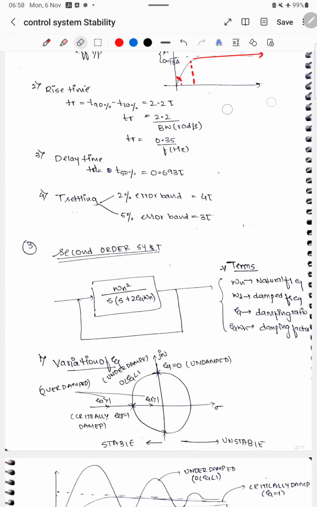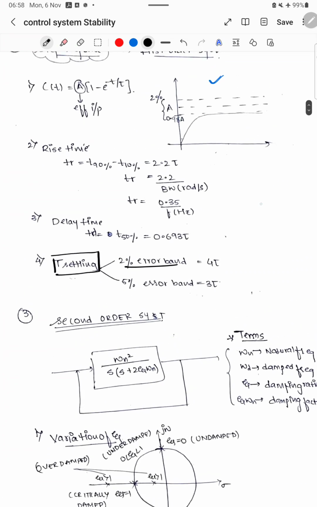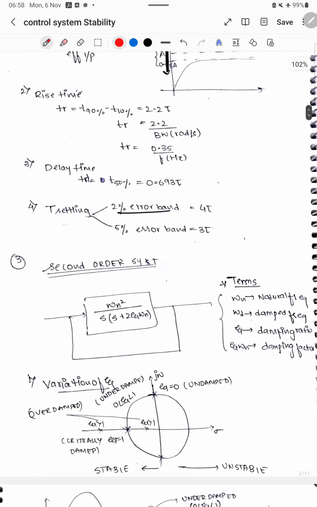Then we'll look into delay time. So delay time is nothing but 0.693 into tau. Now settling time. Settling time can be given for certain error band. More the error band, less will be the settling time. Fine. So settling time for 2% is 4 tau, for 5% is 3 tau, and this will be constant throughout. For every system, it is going to be 4 tau for 2%, and 3 tau for 5%, except